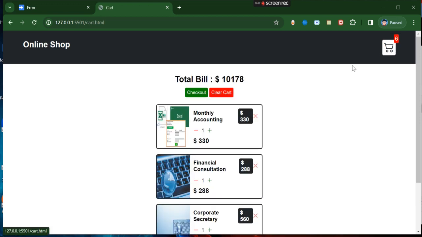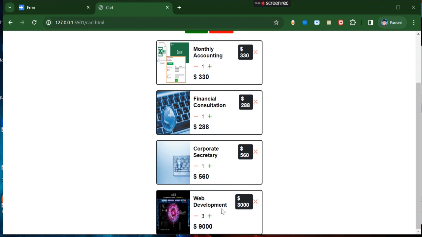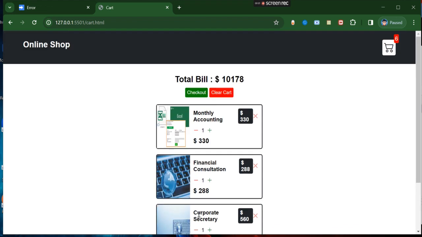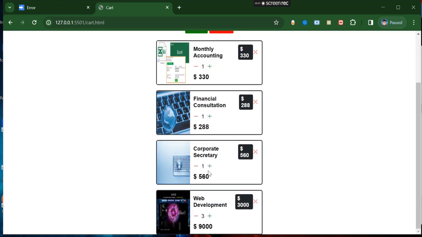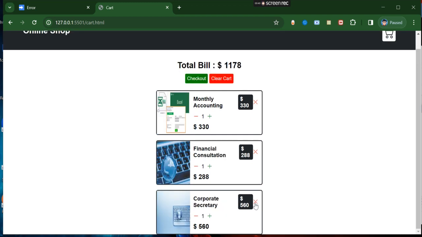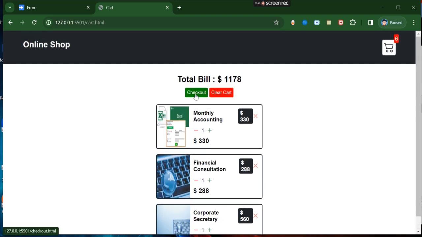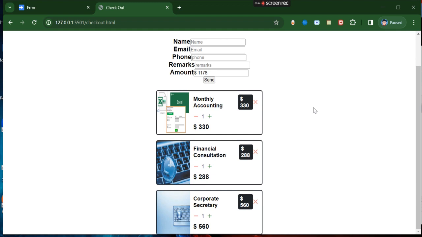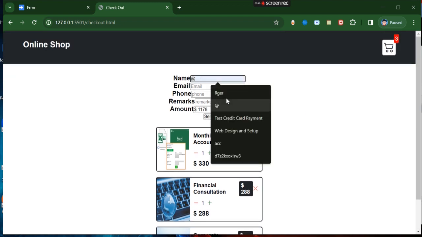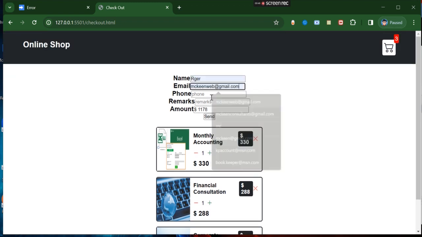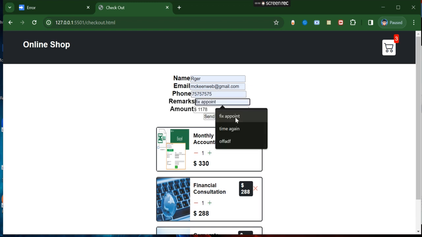Right, and back, this is the cart page. You can also increase product line inside the cart page similarly to the main page, and you also can deduct the whole item from the cart. Now it's 3. Checkout page has some sort of a CRM, customer database, that you can ask customers to send